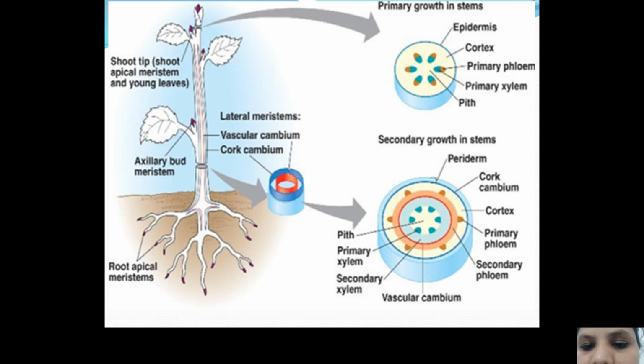You can see the increase in the number of layers and the additional layers, comparatively, in the primary and the secondary growth in stems. Now, if you see, in the primary growth of the stems, epidermis